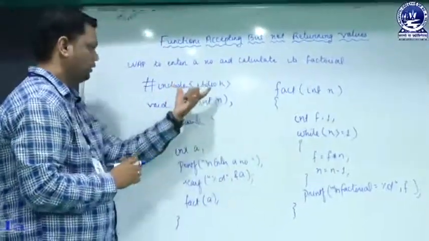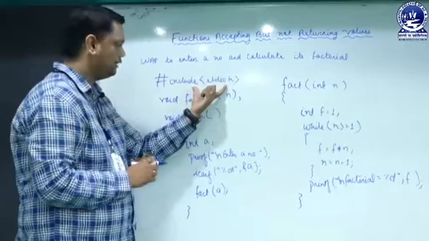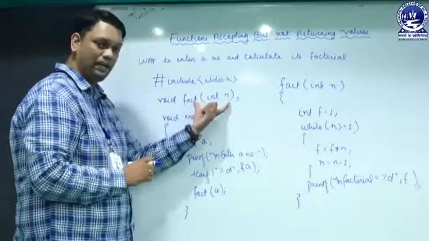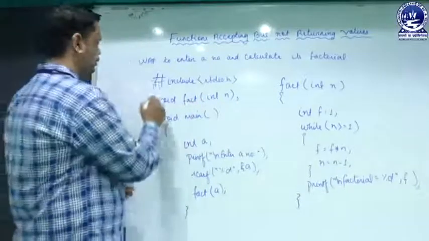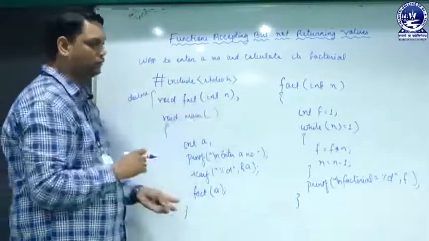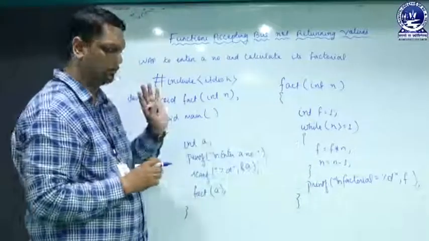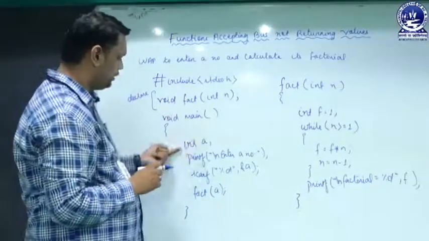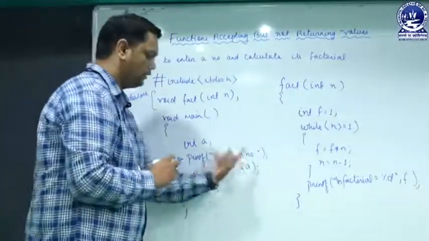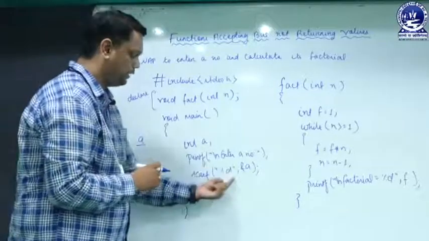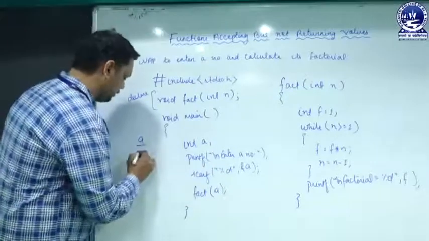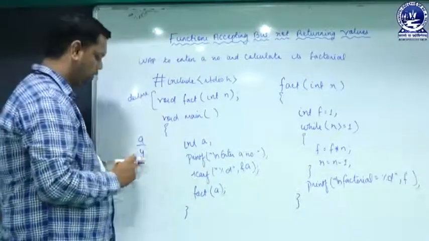So here I will start with the standard input output header file. Next I will move to the fact function declaration. We must declare a function first, then we will be using it, or defining the body or definition of the function. Next comes the main function. Here I have taken int a, so a will reserve a memory. It will give a message enter a number, then scanf &a. In a, let us say someone has entered 4. So 4 will be stored in a.